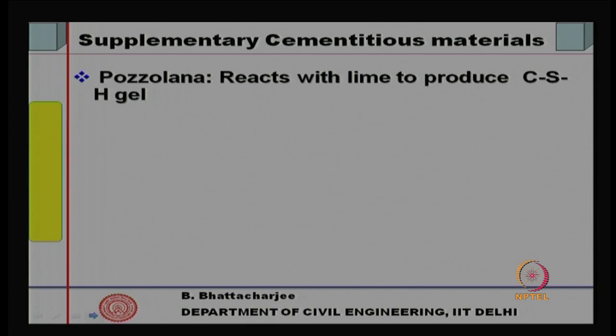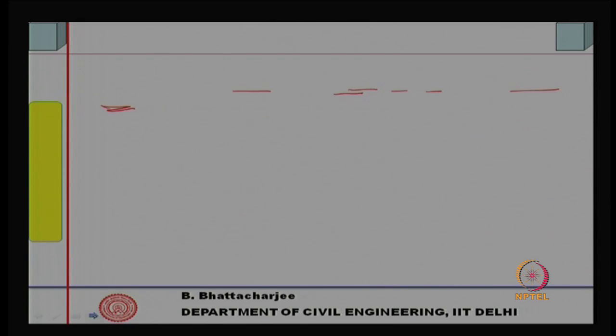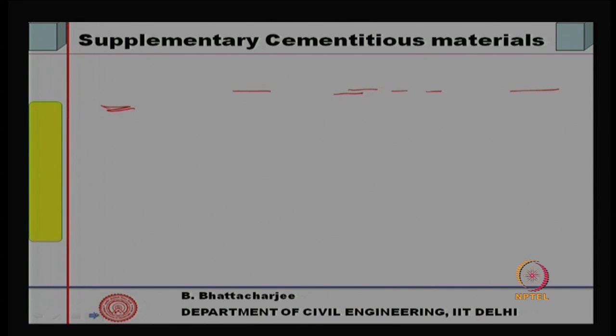So, what we know is that some materials, some silica, can react with lime to produce a C-S-H gel like structure. Lime contains active clay and the reaction of clay and lime leads to cementing property. Now, this was actually discovered pretty early, like volcanic ashes I mentioned in Roman